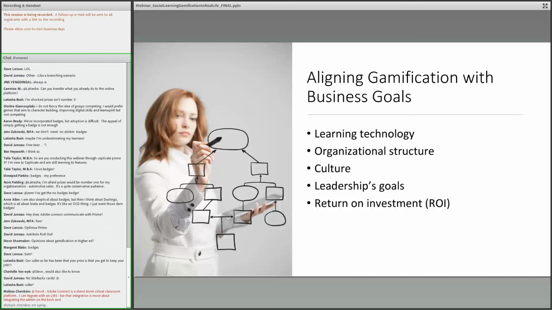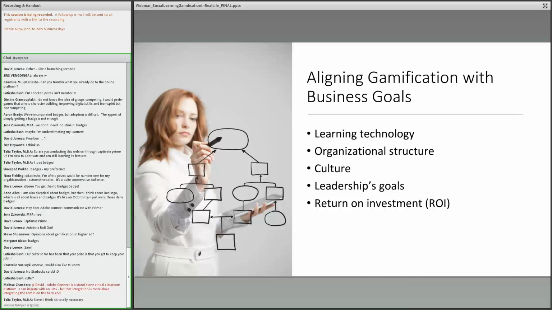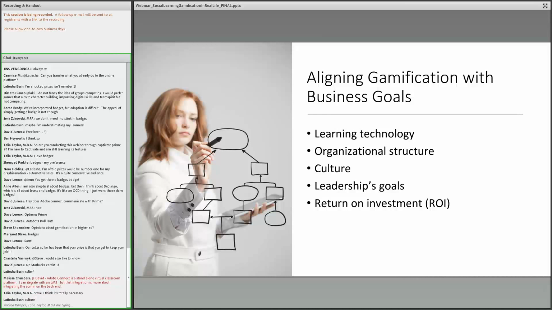So, learning technology. One of the key things to aligning gamification with your goals is thinking ahead and knowing, okay, well, my licensing is coming due at the end of this year. And what kind of learning technology am I going to need? Part of knowing what learning technology you're going to need is going around and talking to the users about the user experience.